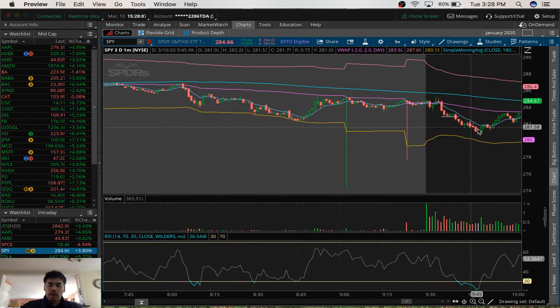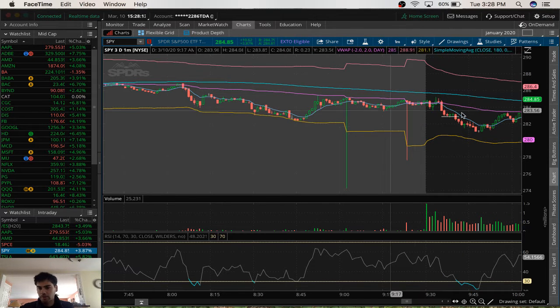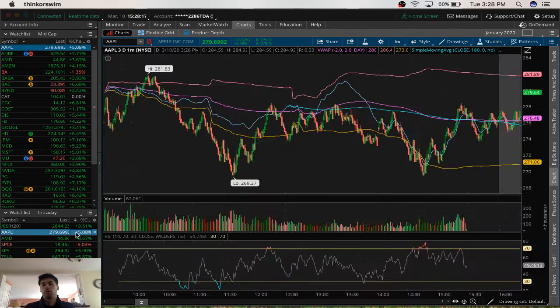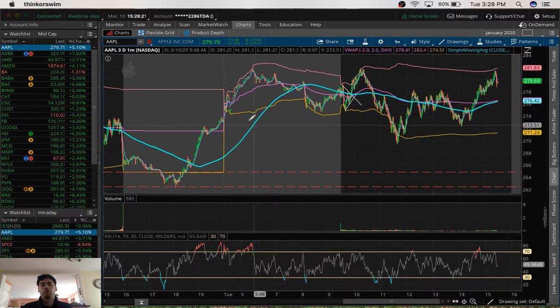So I saw that the S&P started to reverse. So what do I do? I start looking at some other things. Sorry about that, guys. S&P starts to reverse, so I start looking at some other stuff, and I see Apple. Now, Apple had a great technical formation, so I took a trade on Apple as well, and we'll break this